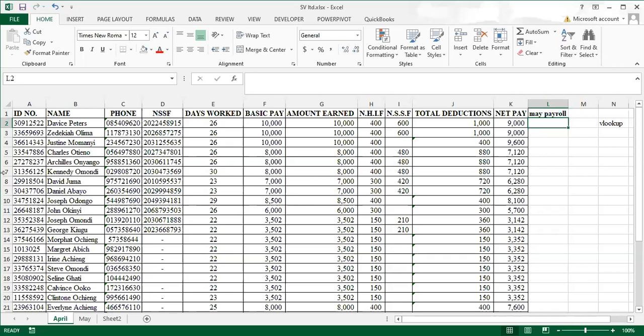So let's see what is going to happen. For this one here in column A, we have ID numbers. The next ones, we have name, phone number, NSSF number, and days worked, so on and so forth, until we have